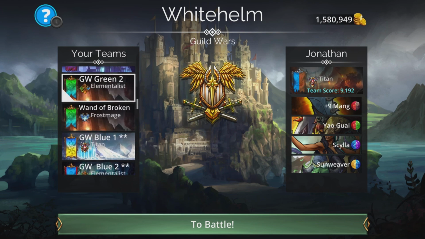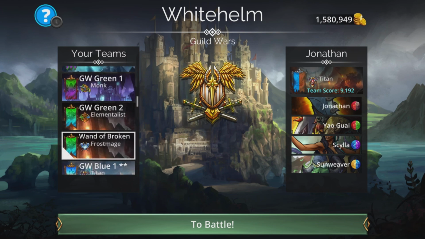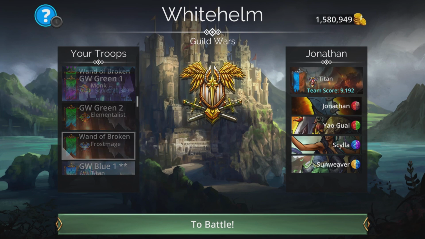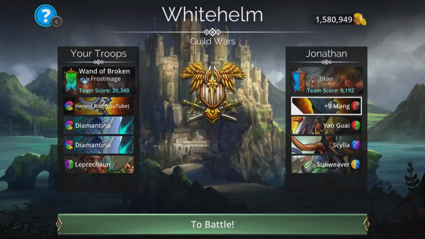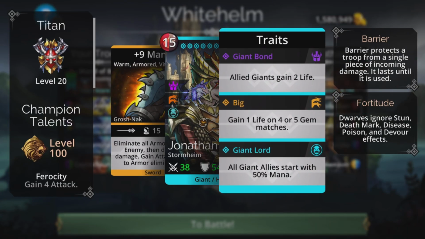Green, green, green, green. Right, I've got 3 teams set up here. Now this is the team I was talking about yesterday. I've done a video on this where you can use the Wonder Stars 2 times Diamantina and just win super quickly. And because these 3 troops all use all the colours, you don't miss out on any mana. And if, for example, the enemy actually creates a storm somewhere,